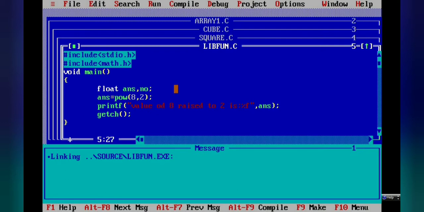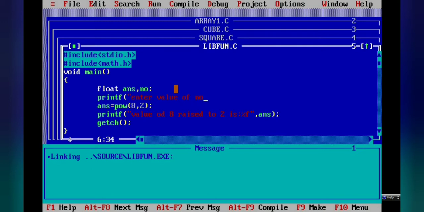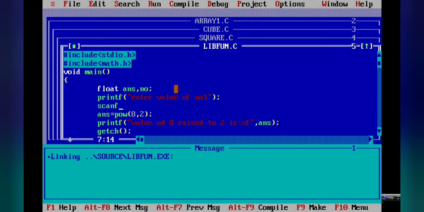Now with the printf statement, you just store the value, printf enter value of number 1, and with the scanf we will store that value, scanf %d &number1.